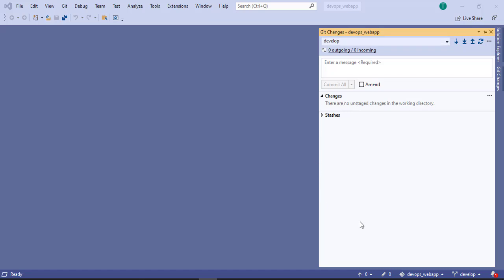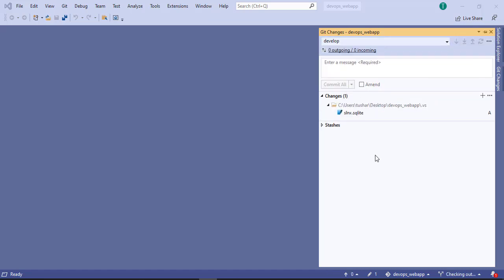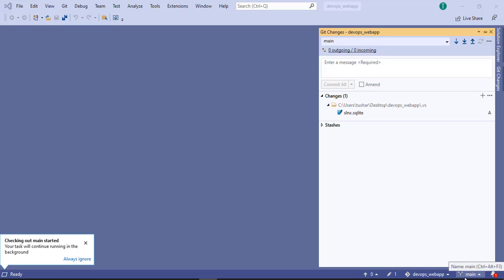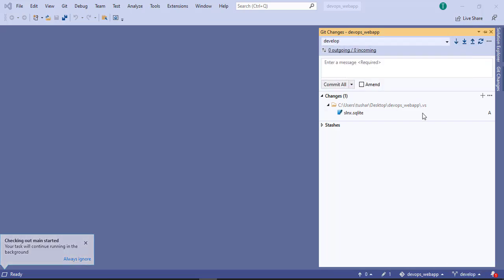This screen what you see right now, at the top you can see all your branches. So develop is the one which we have cloned. If you go into the remote, you can see your main branch also. If you want to check out to your main, just double click and it will check you out onto the main branch. And if you want to go back to develop, you can go back to develop. Now your incoming and outgoing